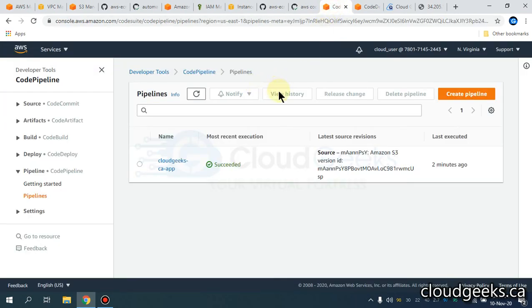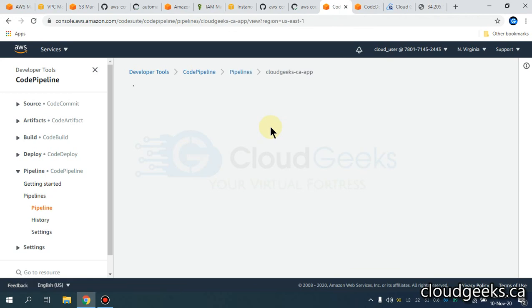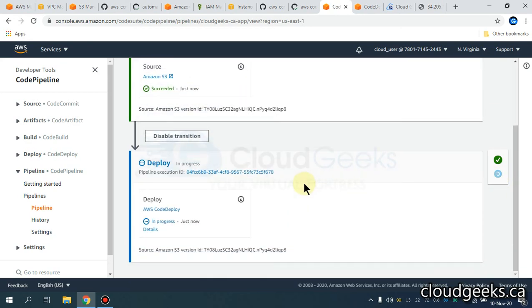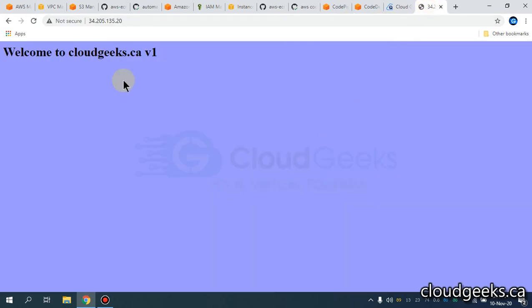Now if I navigate to the pipeline section and click here, you will see our pipeline is going to be started. If I click here, you will see the deployment has started. So if I navigate to this